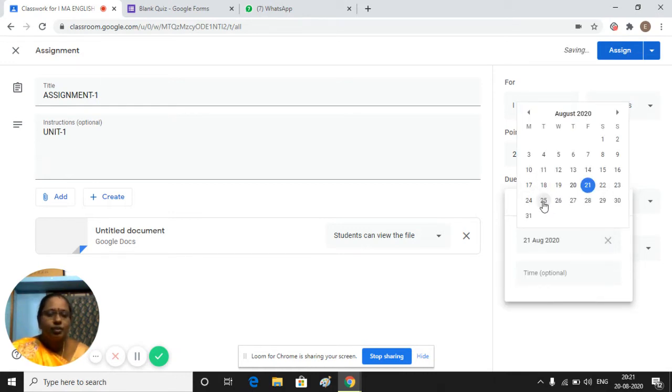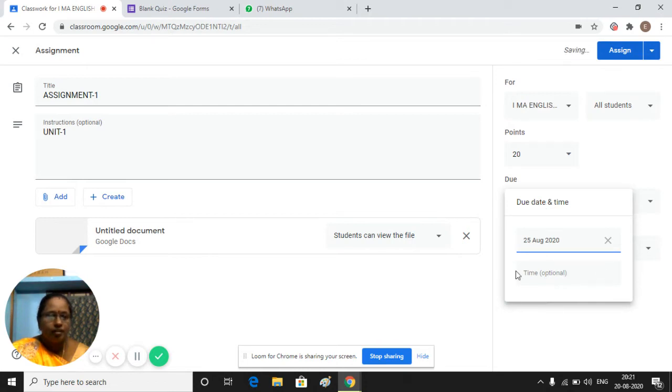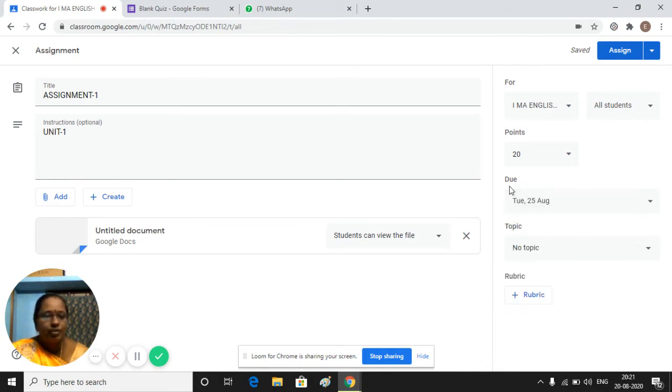Okay, I'll give 25 August. Time is optional, otherwise you can leave it. For assignments we usually don't give a time, but if you want to, you can. It's the topic of that posting assignment. So these are the things you have to do.